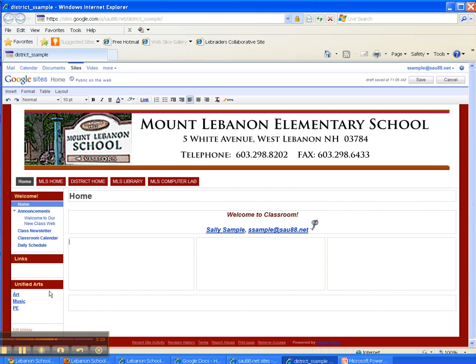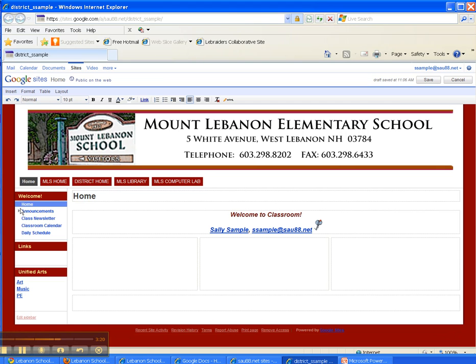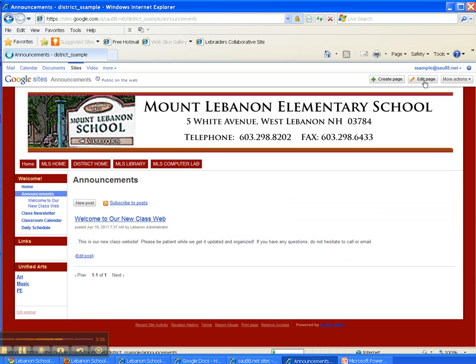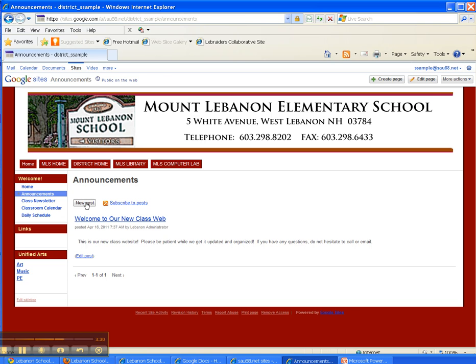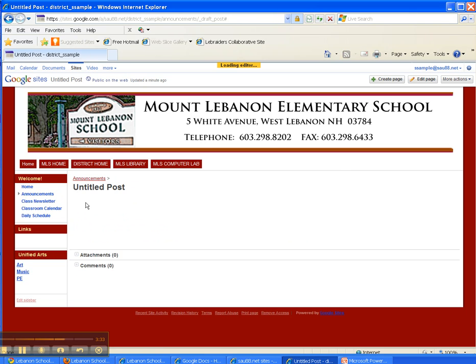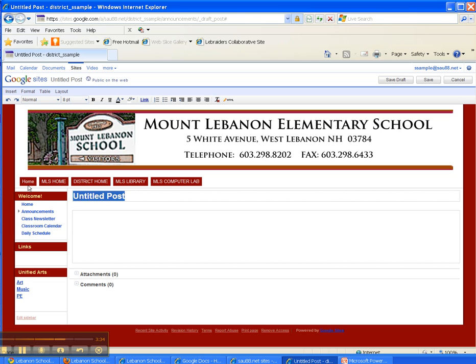You have a left sidebar, and some template pages have been created for you. Depending on what school you belong to will determine what your template looks like. For this particular school, there's a page for announcements. So if I click on that page, I should have saved my changes first. I can click on New Post, and I can make a new post, homework for today, and then I could do page 49